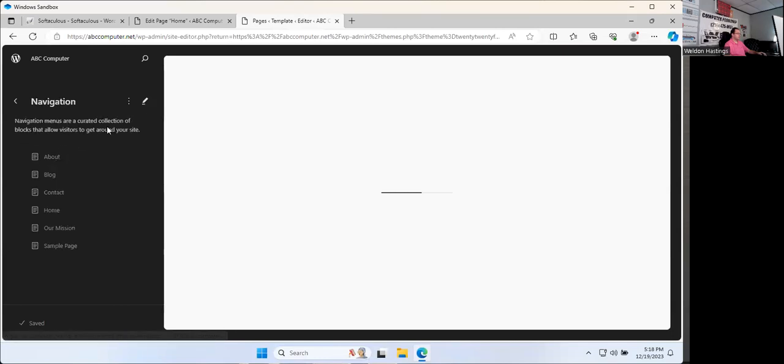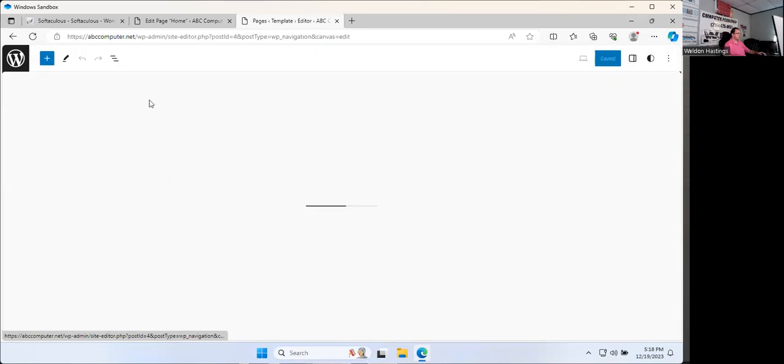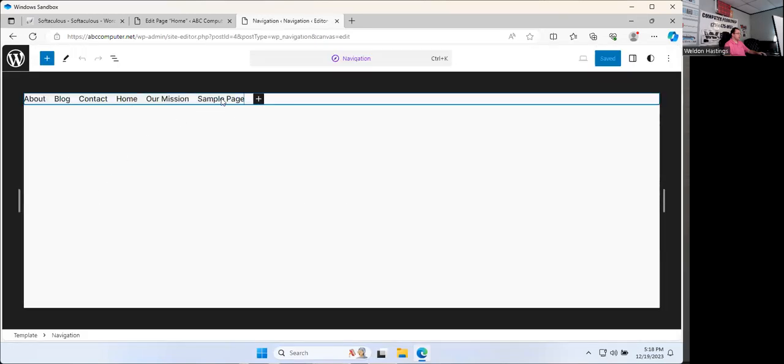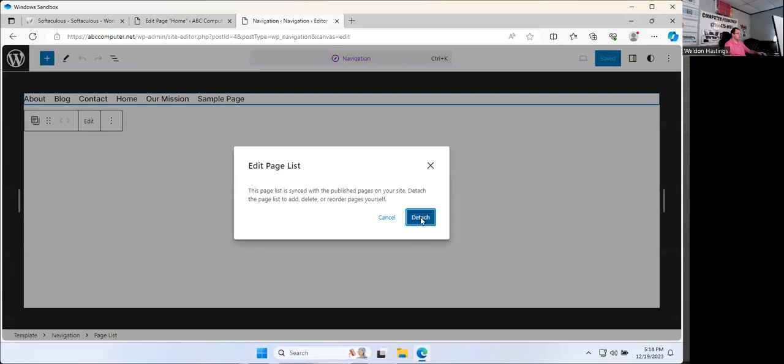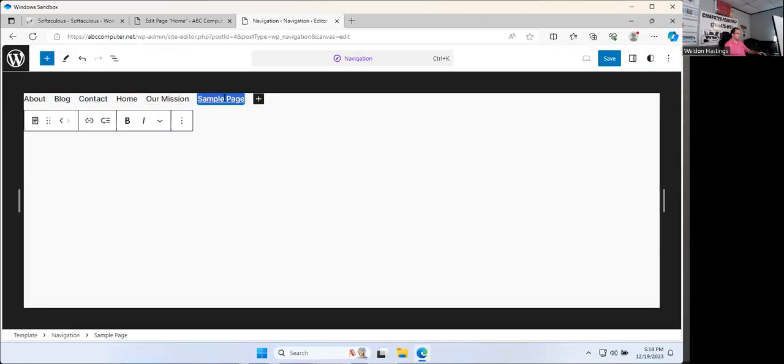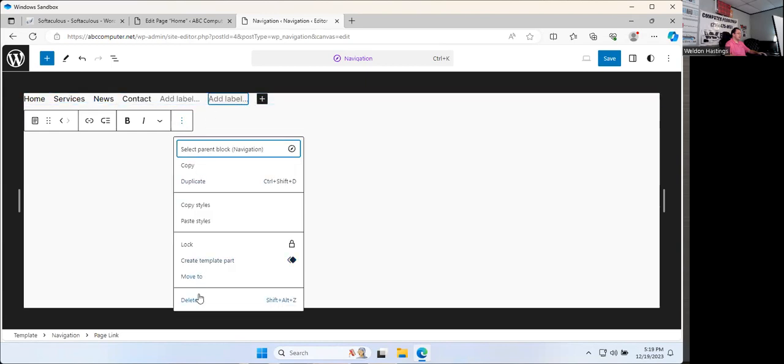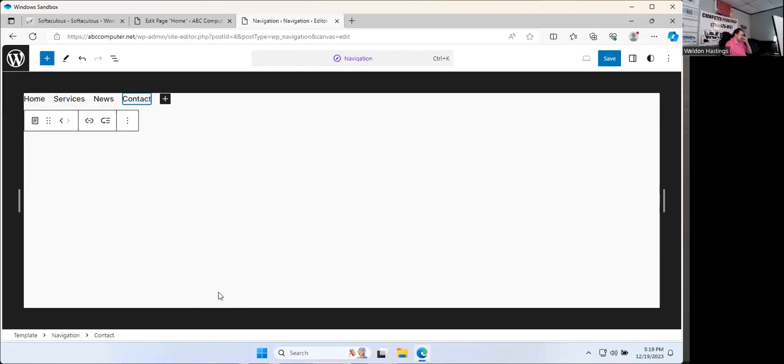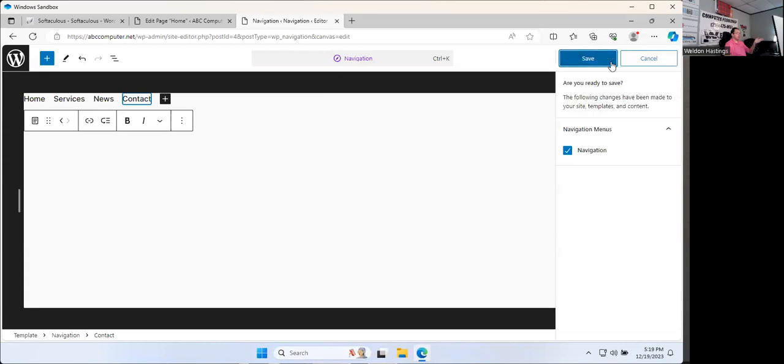So our navigation, we're going to change. We'll detach it and see what happens. We're going to delete that. We're going to delete that. I want to move that over. We're going to change about to services, blog to news, and contact is going to stay the same. So we can delete that add label. We can delete this add label. And now we can update. So we've got our home, services, news, or our blog, and our contact page. So if I save that,